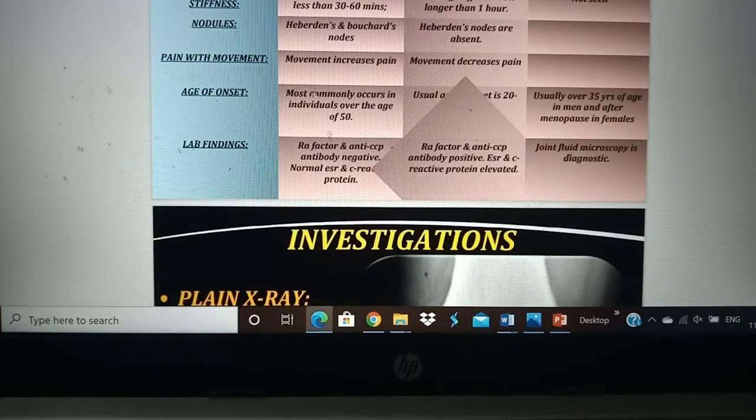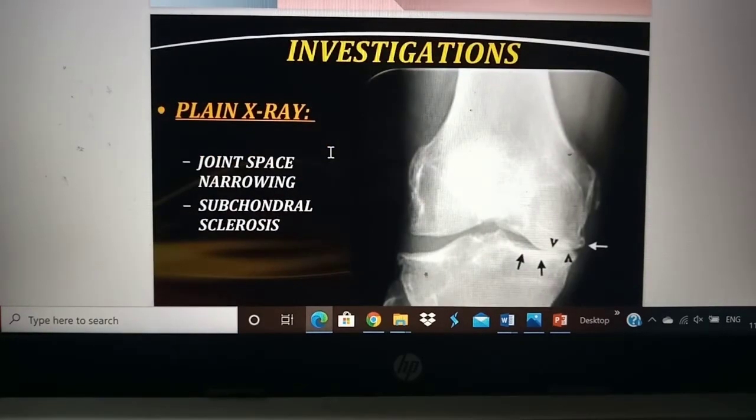And the age of onset: osteoarthritis occurs in the elderly. Rheumatoid arthritis occurs in any person, and gout is also found in younger people. Then lab findings: we find that the rheumatoid factor is negative in the osteoarthritic patient. The common investigation that we can do to diagnose this disease is a plain X-ray, which will show